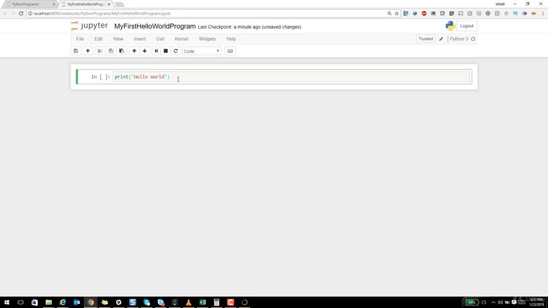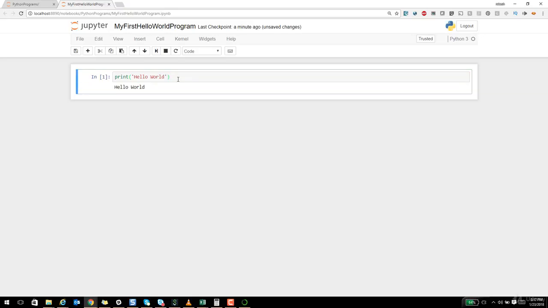But what I'm going to do is press Control and enter, and it will actually execute that line of code and output hello world, right? So definitely practice a few things in Python, because we will be going a little bit faster. I'll definitely explain the code, but this is how a typical Python program and the Jupyter